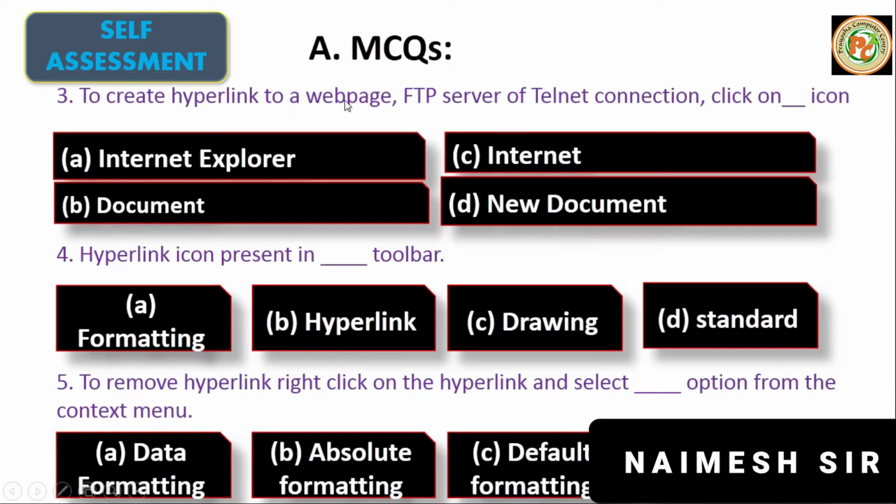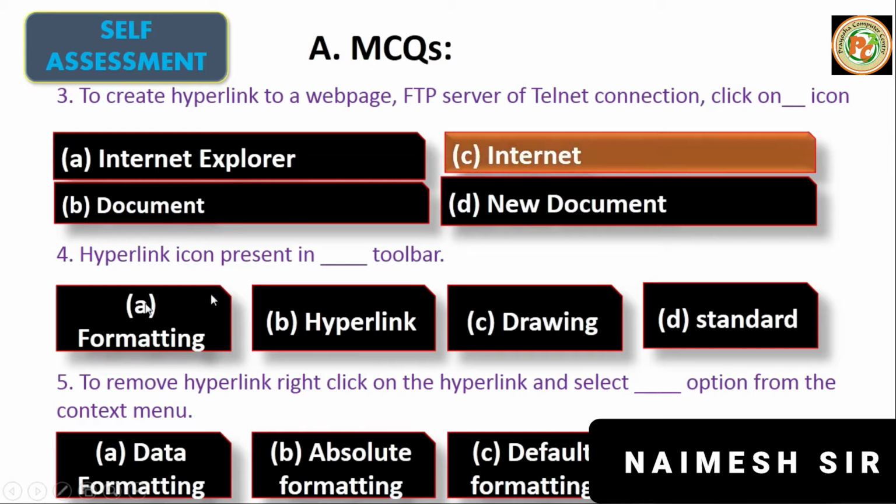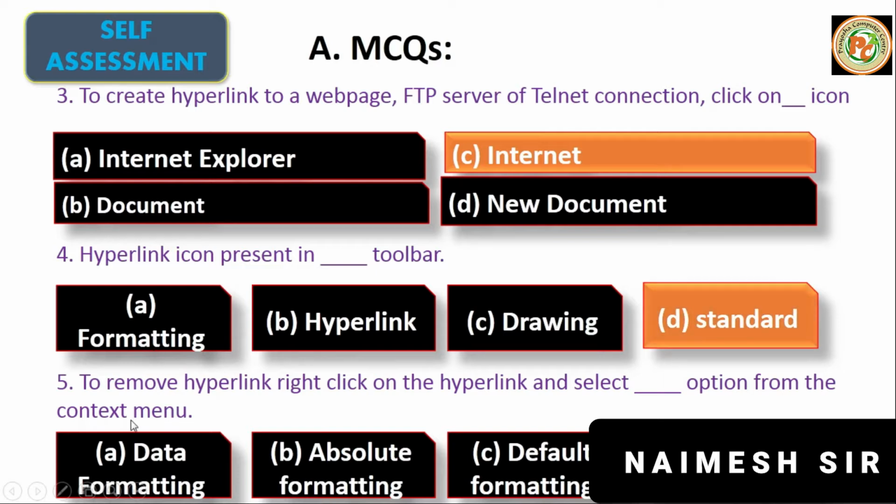To create a hyperlink to a web page, FTP server or telnet connection, click on the dash icon, so we have to click on the Internet Hyperlink icon. It is present in the dash toolbar, so it is present in the standard toolbar. To remove a hyperlink, right click on the hyperlink and select the dash option from the context menu, so default